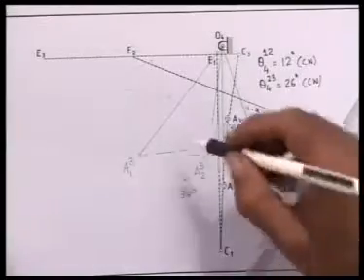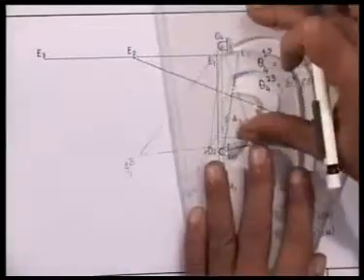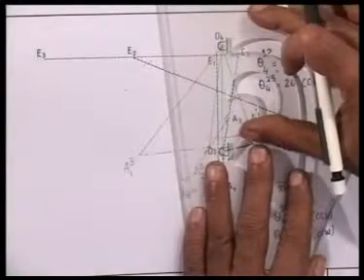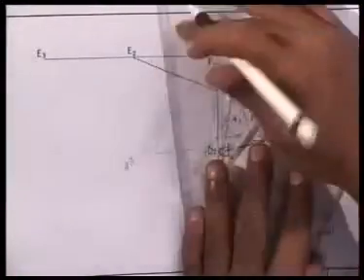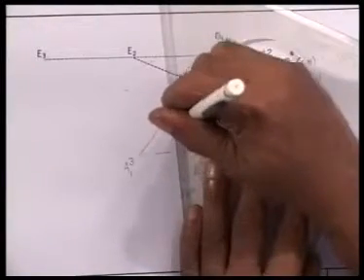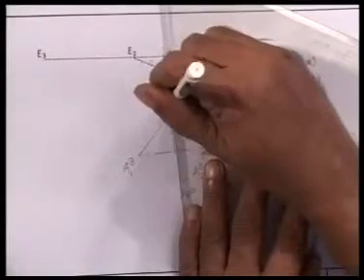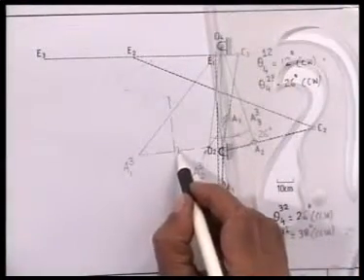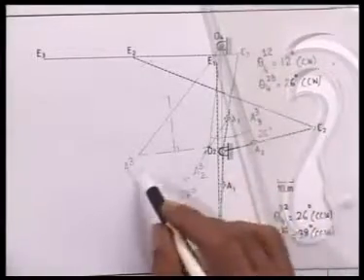The perpendicular bisector we can draw simply geometrically. This is the perpendicular bisector of A23, A13,